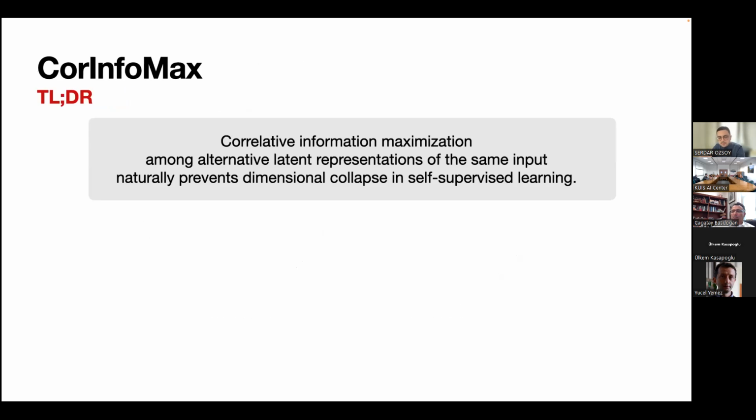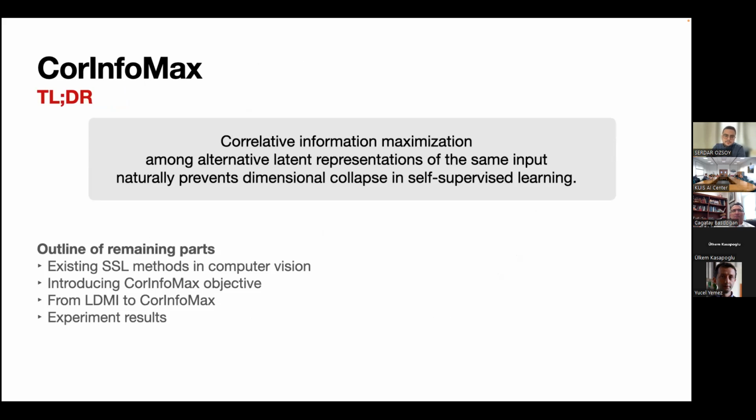Before diving into the details, we can summarize the main idea of our work as: correlative information maximization among alternative latent representations of the same input naturally prevents dimensional collapse in self-supervised learning. In that way, you can also prevent the total collapse.